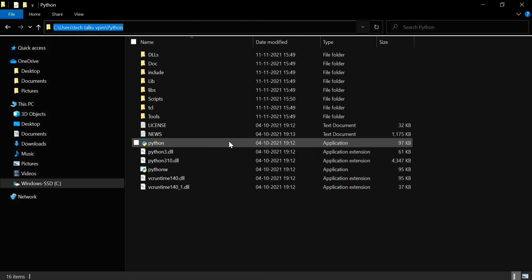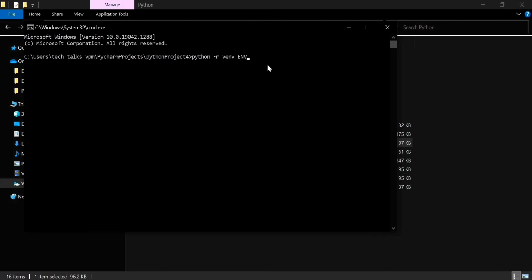If you have a different Python version, you can go to that folder location, take the path of that Python version, and give it here. So I just give the complete path to my Python. Since I have only one Python, I just give that one. If you have a different Python version, you can give the path to that Python version here. Okay.